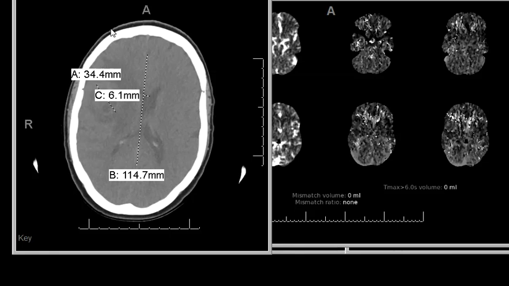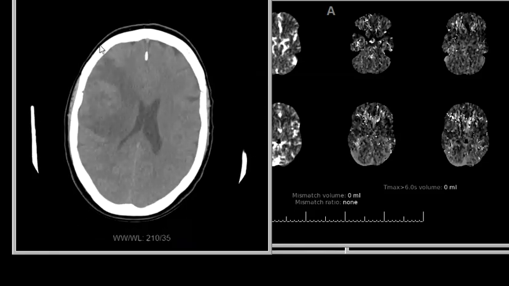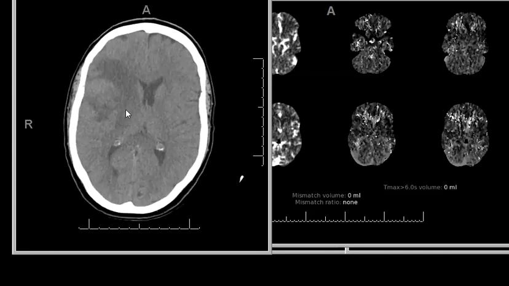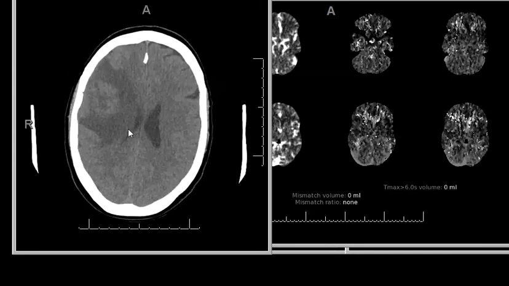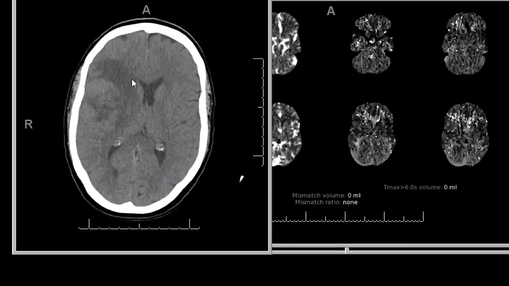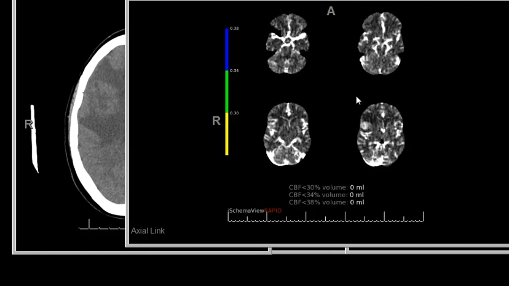Another case, stroke mimic, suspect acute stroke. Mass lesion in the right frontal lobe with vasogenic edema, not cytotoxic edema, because the hypodensity does not involve the cortex, so that is vasogenic edema, suggesting tumor instead of stroke. CT perfusion showed